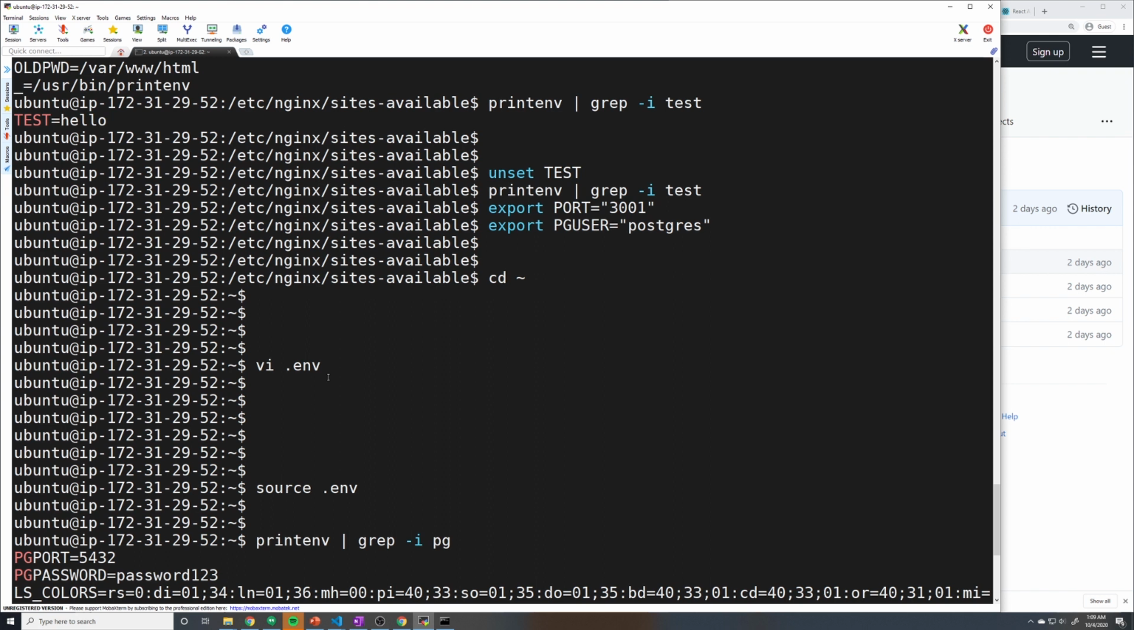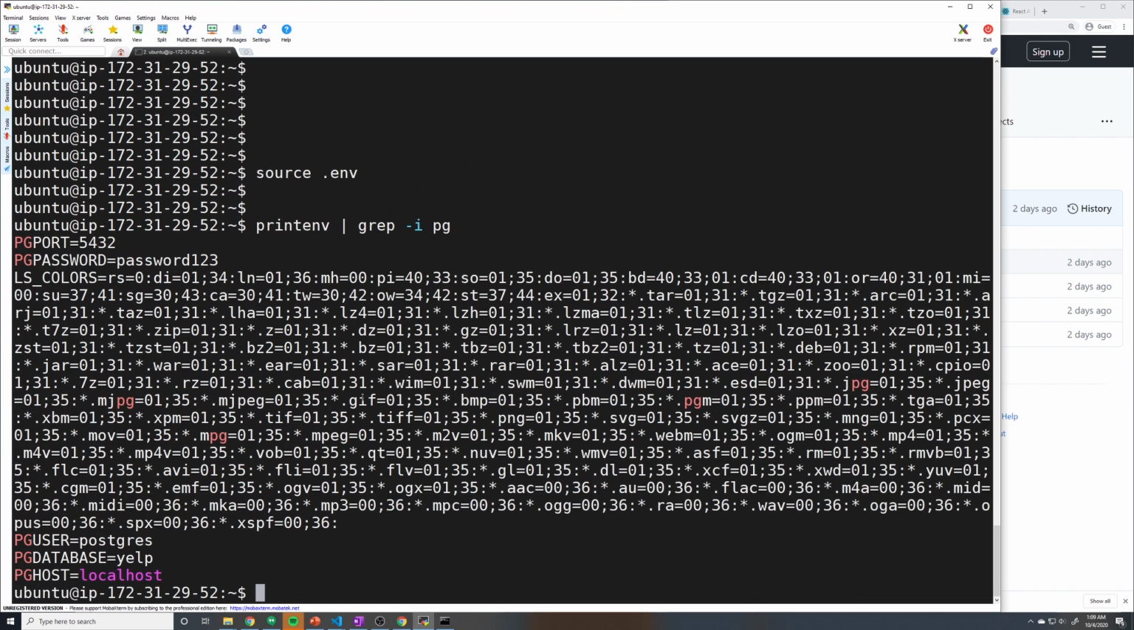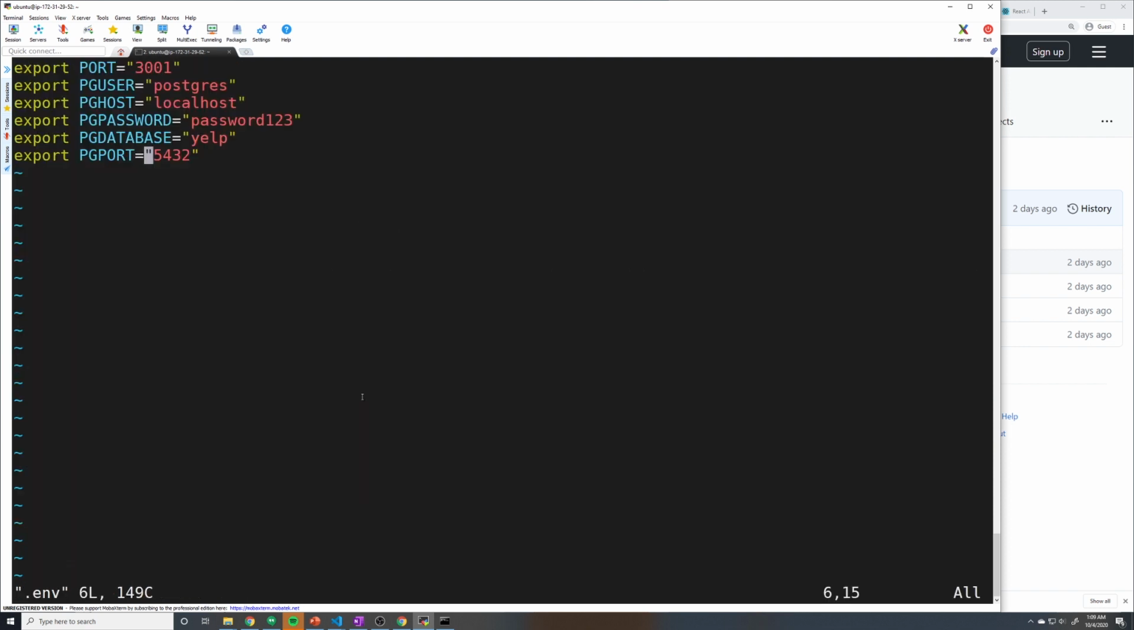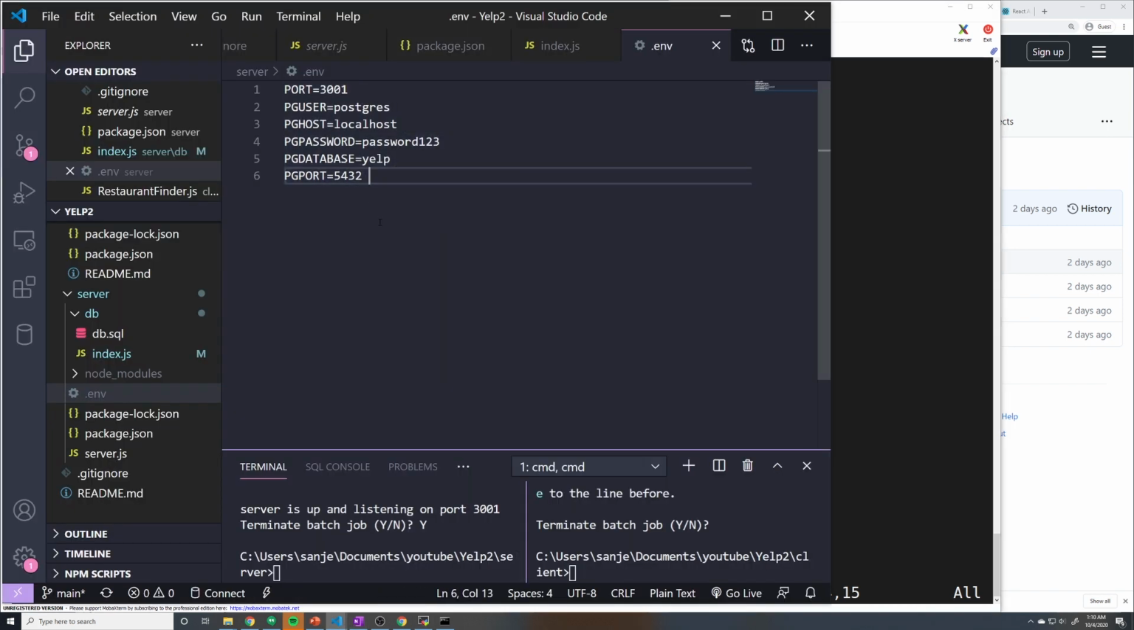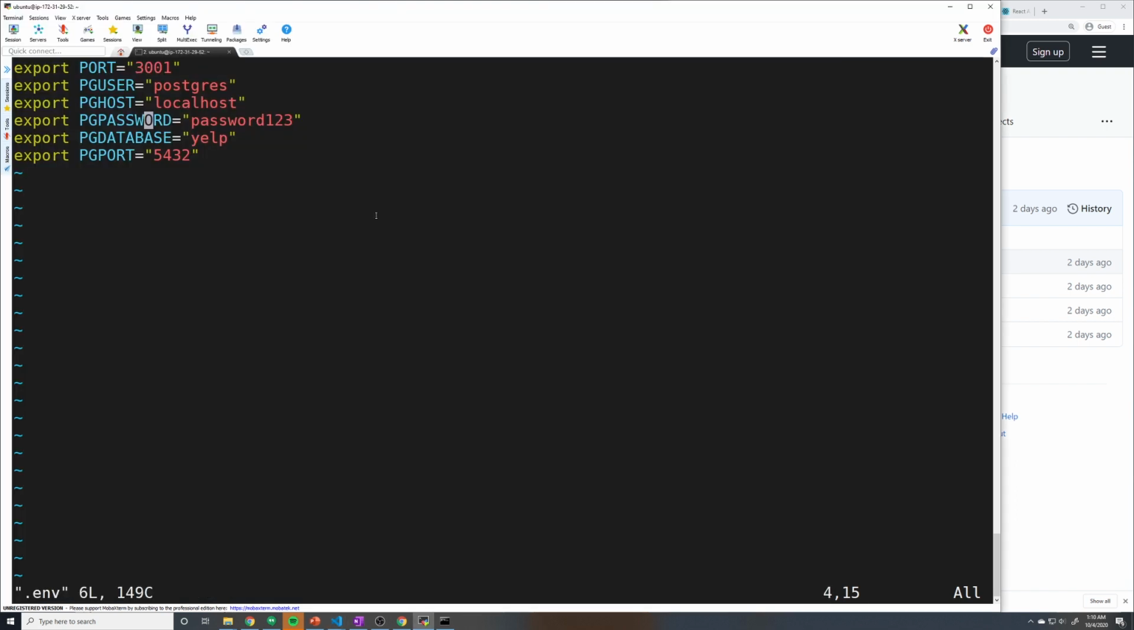However, there's one other thing that we can do to make this a little bit easier, and that is, I don't like how we have to go in, add in export, and then put the quotations. Wouldn't it be nice for us to be able to just take the environment variable file that we have in our code and just copy and paste it directly into this file and be done with it? And we can do that, and it's pretty easy to do that. There's only one modification that we have to make, and that is